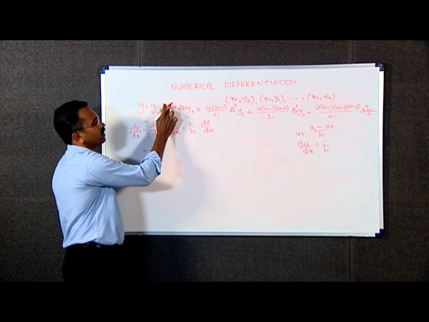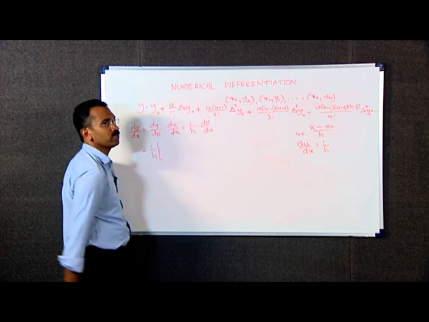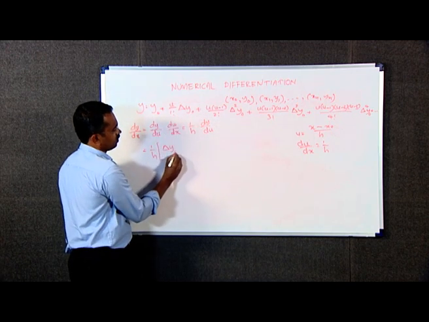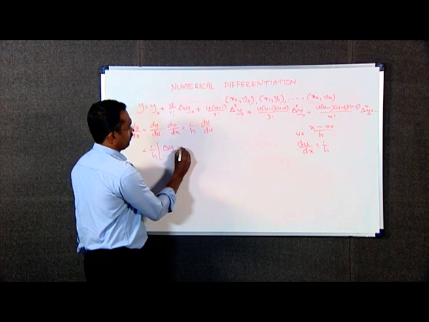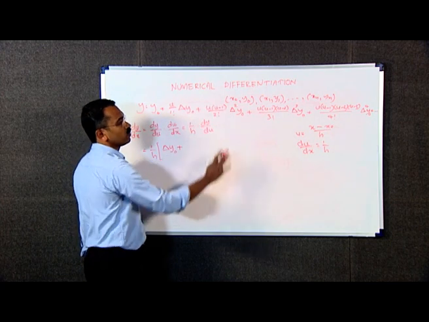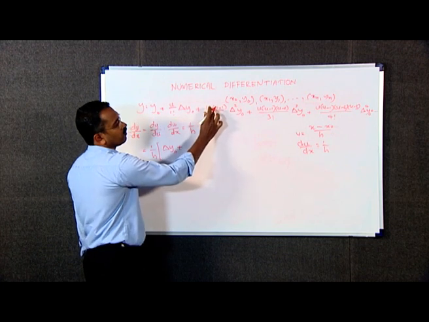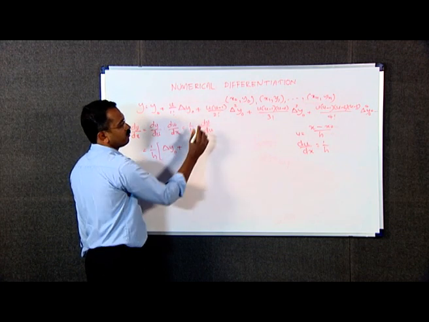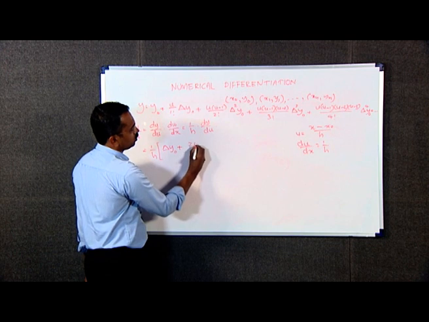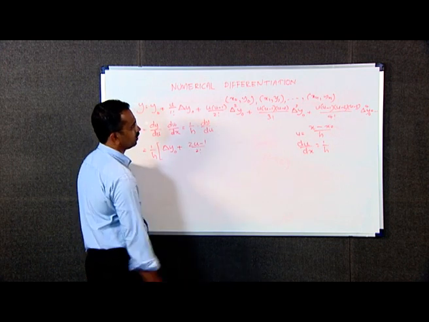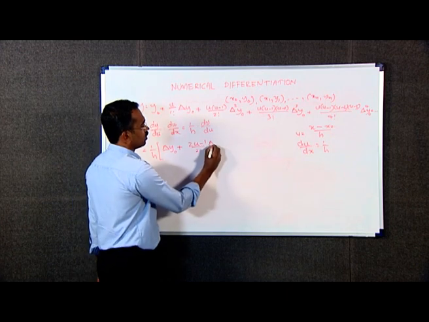Here the derivative of u is 1, 1 by 1 factorial is 1 itself, delta y naught is a constant, plus here u square minus u, the derivative of u square is 2u minus the derivative of u which is 1, that is 2u minus 1 divided by 2 factorial into delta square y naught